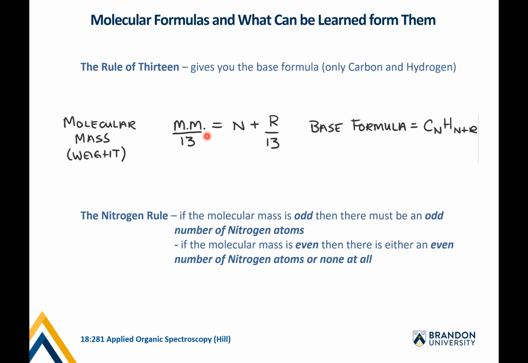This will typically give you a number, so it's going to give you the number of carbons, a whole number. So let's say, for example, you've got a molecular mass of 100. Let's get out a little something to draw. Here we go. Okay, so say you've got a molecular mass of 100. You divide this by 13, and 100 divided by 13 equals